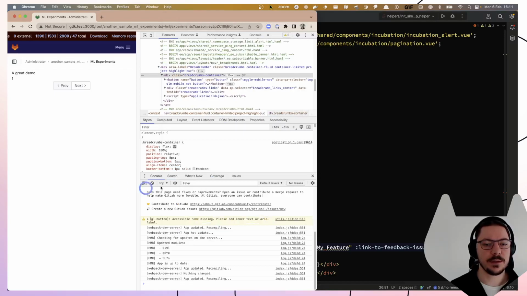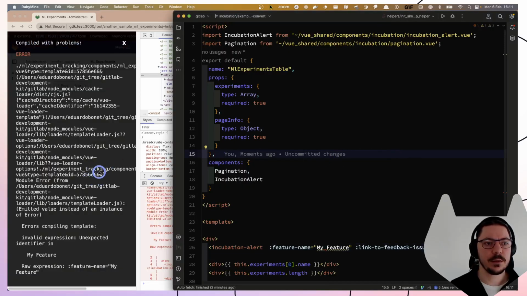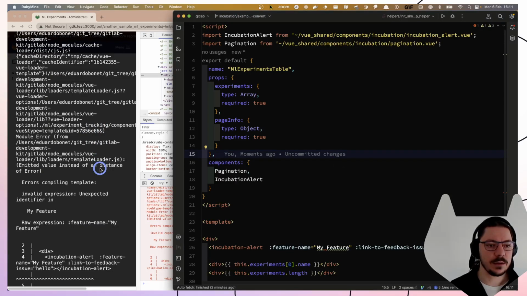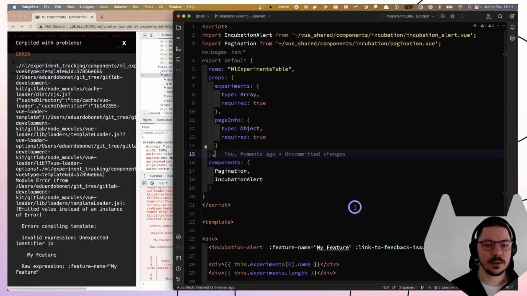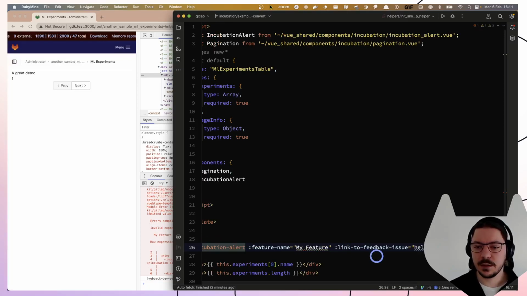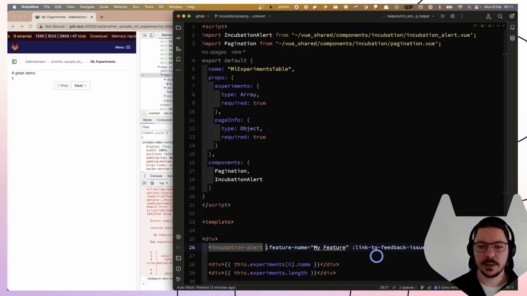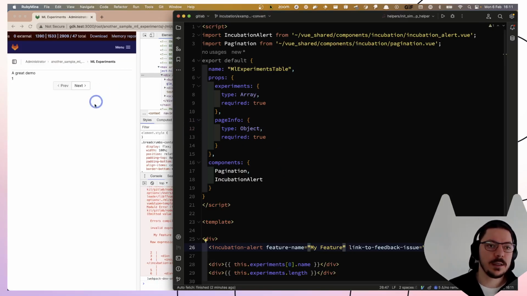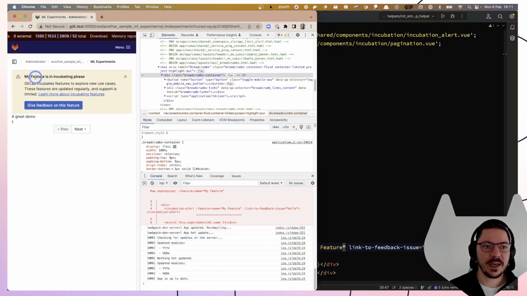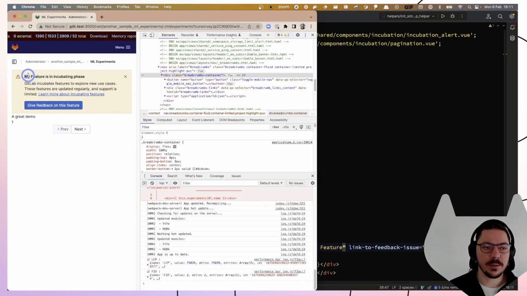and once it rebuilds, recompiles, it shows an error: unexpected identifier. What is going on? Oh, wait, yeah, of course. I'm not using Vue over here. Shenanigans. Now it should potentially work. Yeah, now I have this incubate alert that will tell the name of the feature, and then will give a link